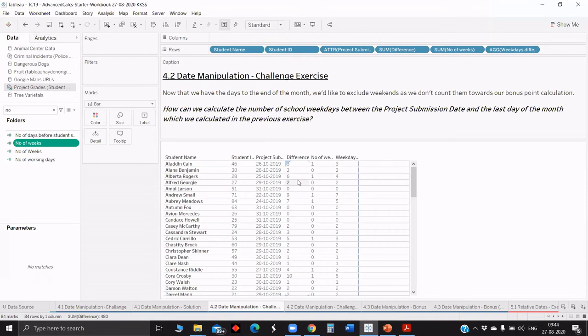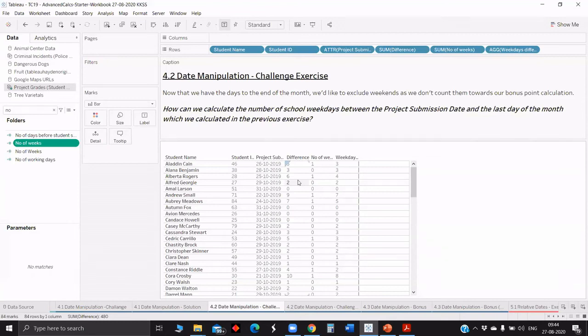So if a person has submitted, let's say, on Saturday, and he started from Monday, and in the same week he submitted on Saturday, the number of days he worked is 6 days. But we should not count that Saturday as the time that he took to complete. Yes or no? We should subtract that 1 day from that 6 days.